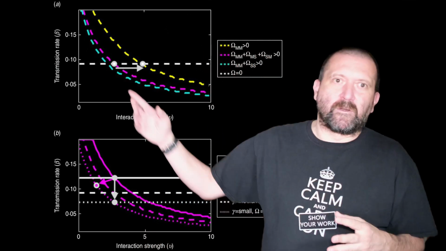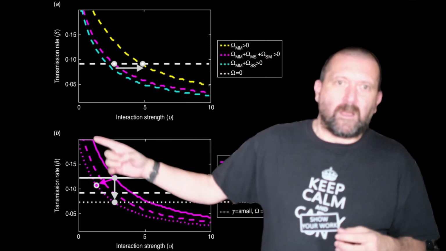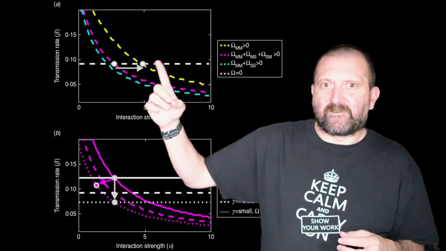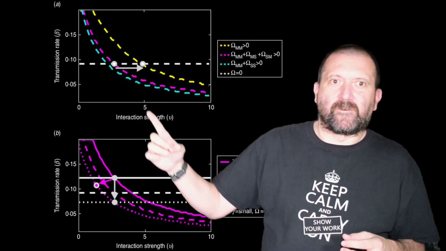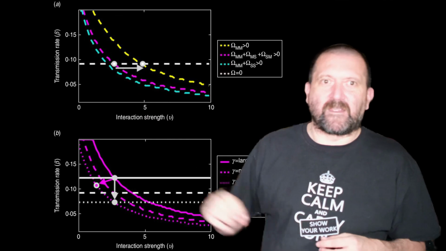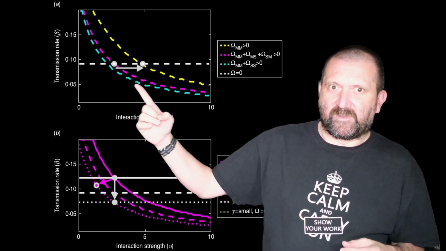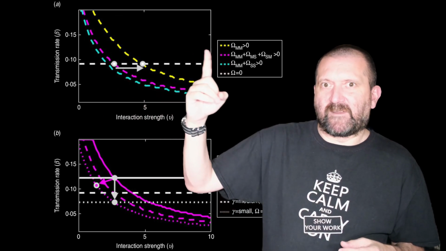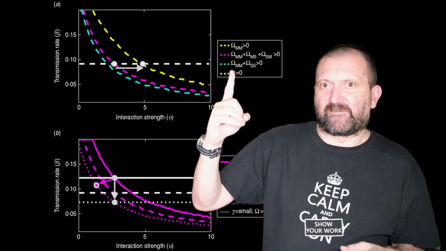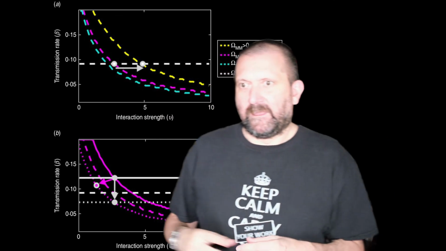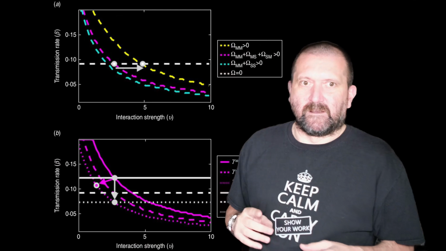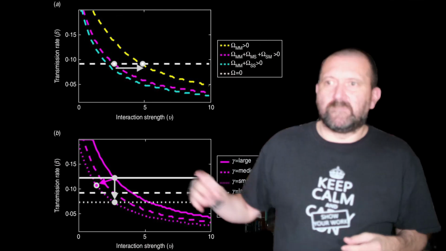Here, they're looking at how these thresholds vary as a function of interaction strength and transmission rate, same as before, but how things vary as a function of the coupling strength. Okay, so at the top you have, for example,